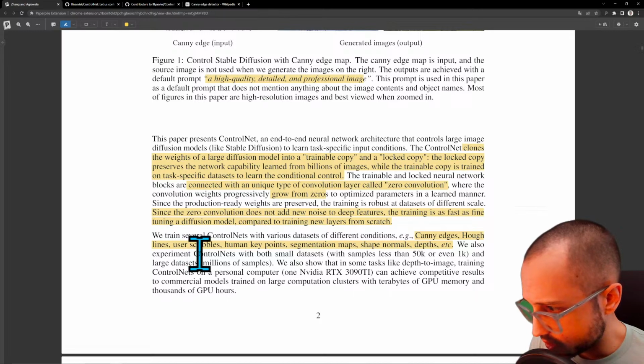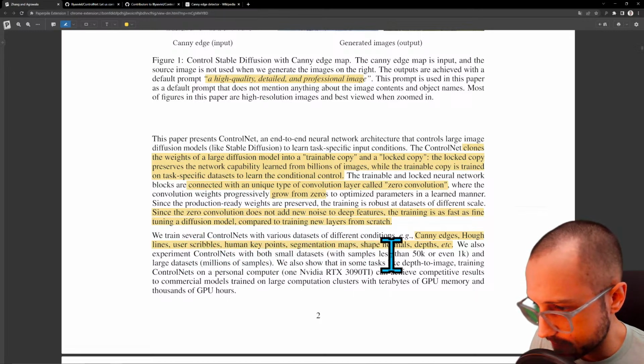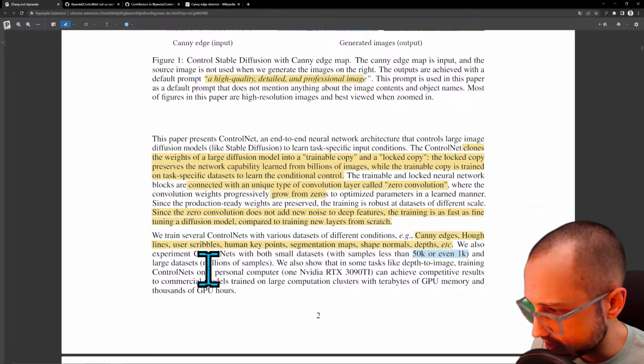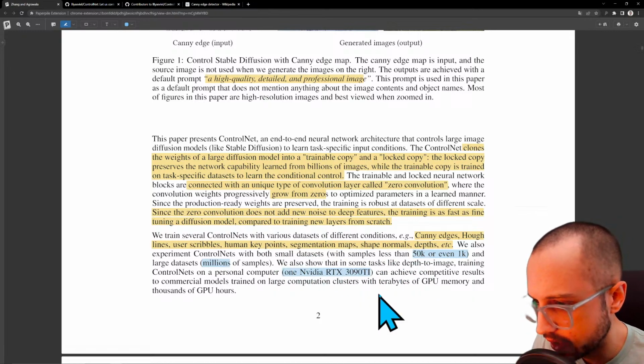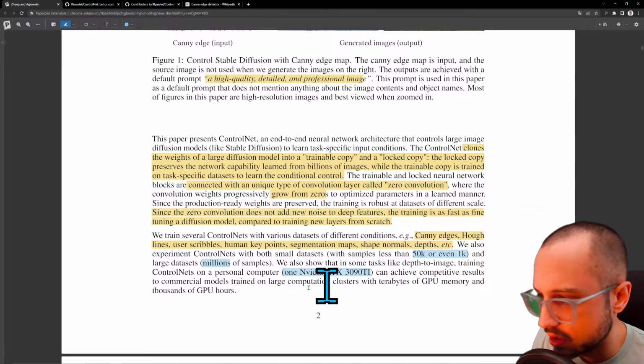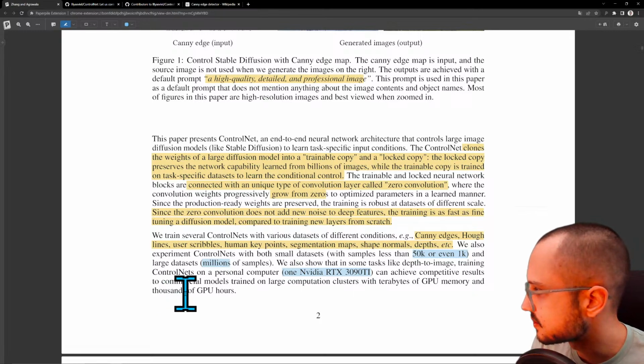We also experiment with control nets with both small data sets, samples less than 50K or even 1K. Okay, so what they're calling small data sets is 50K, and large data sets, millions. We also show that in some tasks like depth to image, training control nets on a personal computer, so one NVIDIA RTX Ti, we might actually have a GPU that's better than that in this computer, can achieve competitive results to commercial models trained on large computational clusters with terabytes of GPU memory and thousands of